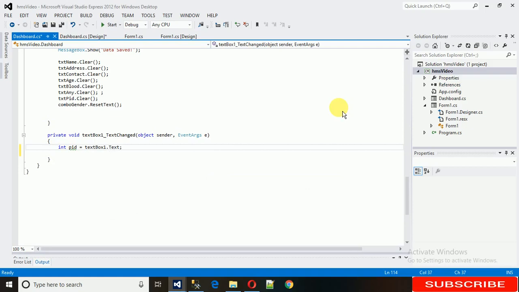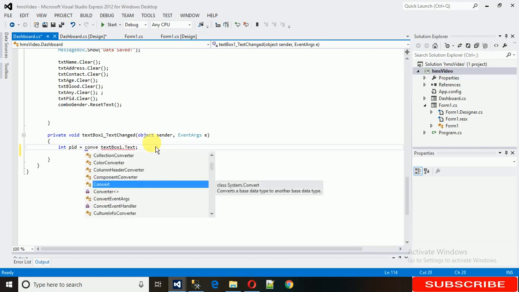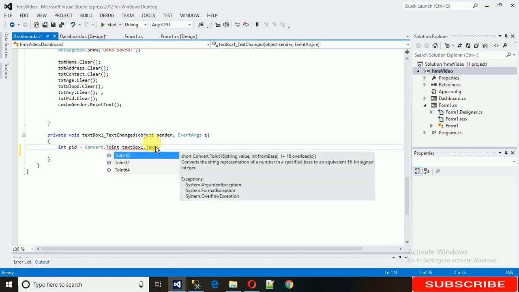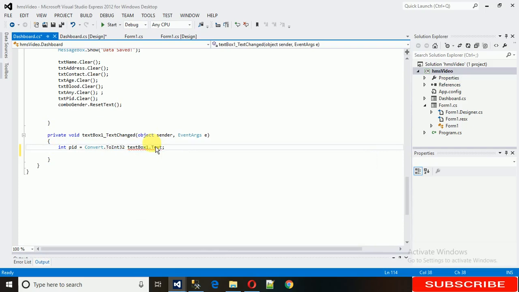Okay, so it's not going to work because that's a string value and we are storing it in an integer variable. So for that we need to convert the string into the int format. For that we just need to write Convert.ToInt32, and after that I just need to put it into the brackets. There we go. So now we have this PID in this variable, and now what we need is